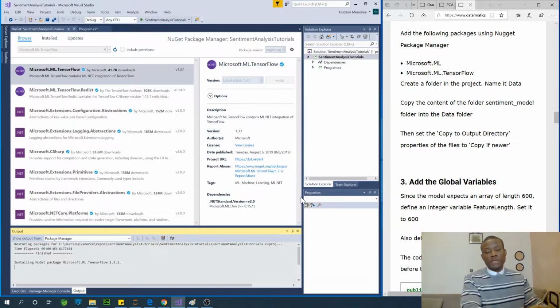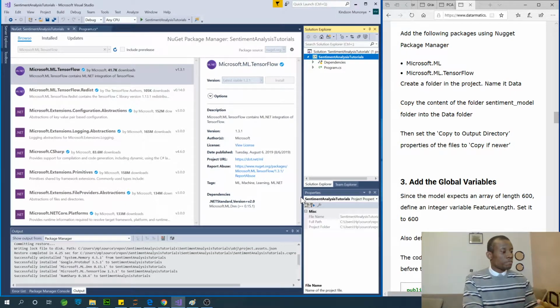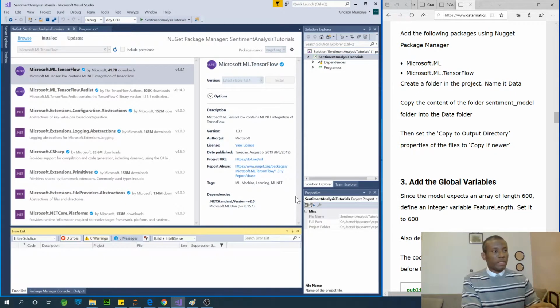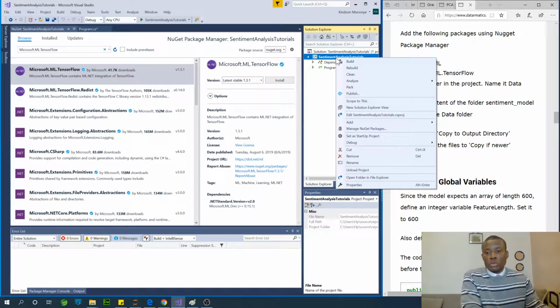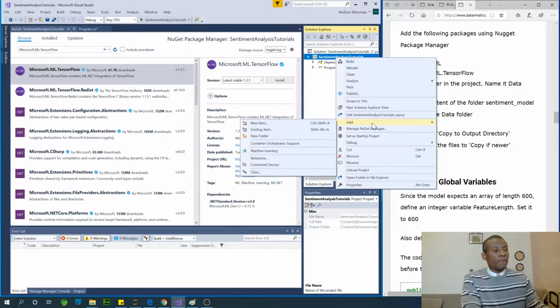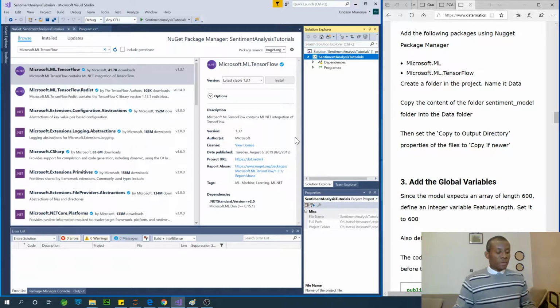No, we need to allow it to complete the installation. And it does that in a couple of seconds. Okay, fine. So I'm going to right click and go to add. I'm going to create a new folder. This folder, I'm going to call it data,